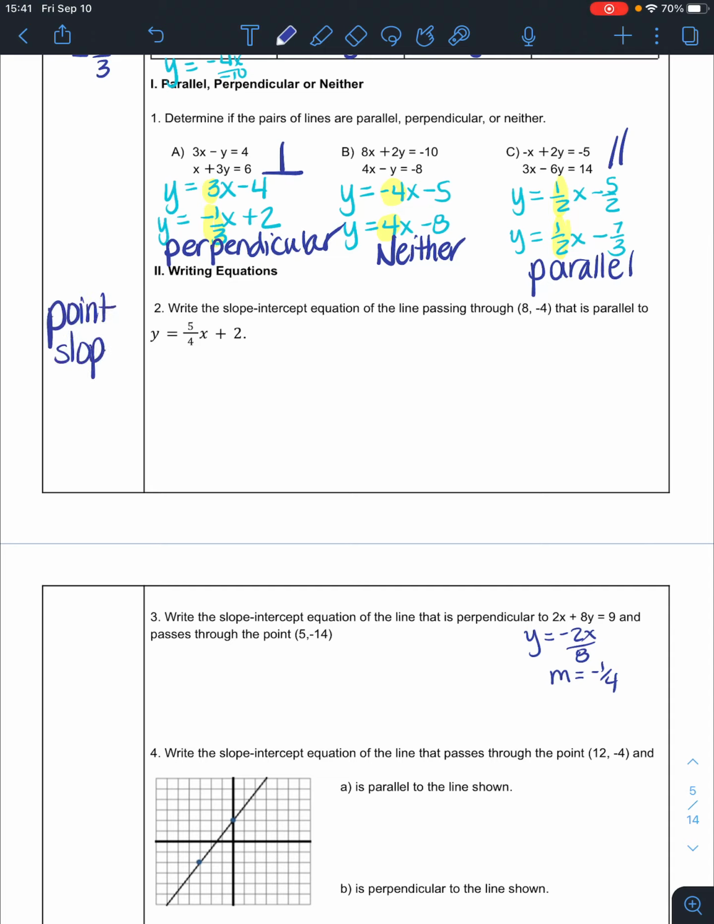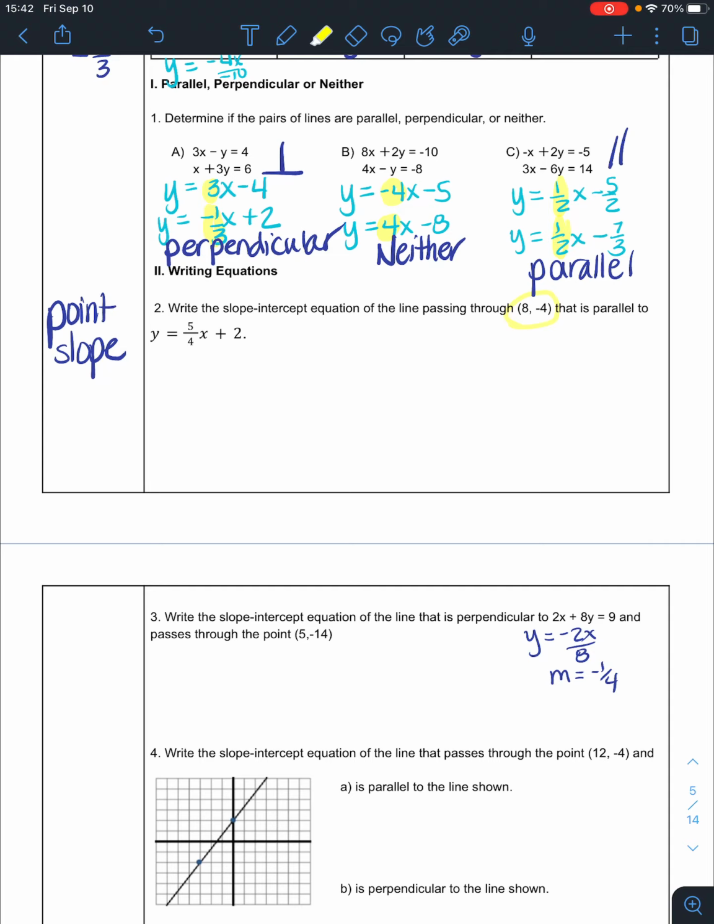Now remember, you can use the point slope equation or you can use slope intercept. I'm usually going to use the point slope equation because it just lends itself to being a good hint. I have a point, I have a slope, I'm going to use the point slope equation. So we're going to do what we did the other day, but the way that we get the slope is going to be different. So write the slope intercept equation of a line that passes through this point, 8, -4,